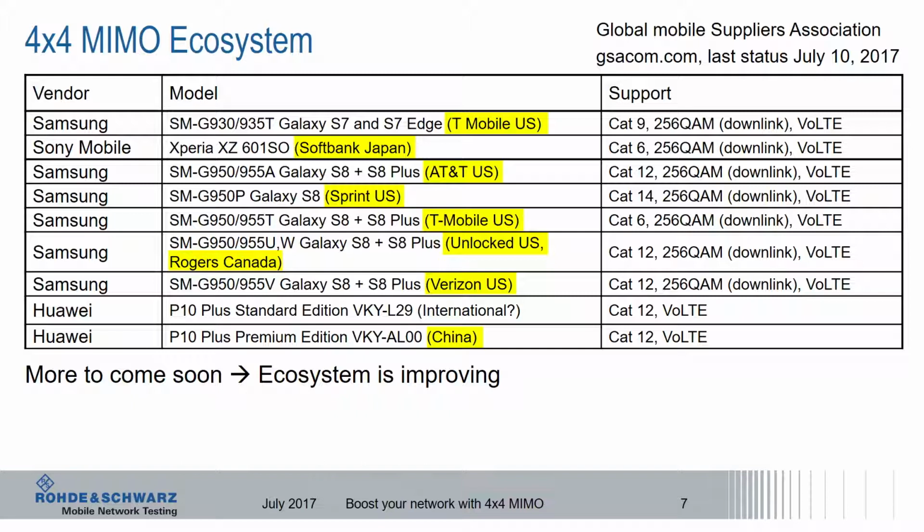The others appeared in April 2017. You see here a set of the Samsung Galaxy S8s are mentioned, and they all have an operator-specific hardware and/or firmware. You see as well here 2 Huawei P10 Plus in the list. It could be seen as well from the table that the UE categories in the right column don't say anything about 4x4 MIMO capability. You see categories from Cat6 to Cat14. We have to be aware that 4x4 MIMO is normally only supported in UEs for the higher bands, starting at roughly 1.7 GHz, because of the smaller wavelengths and the smaller antenna sizes.